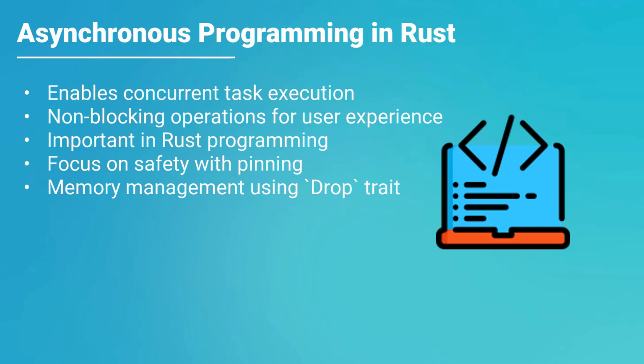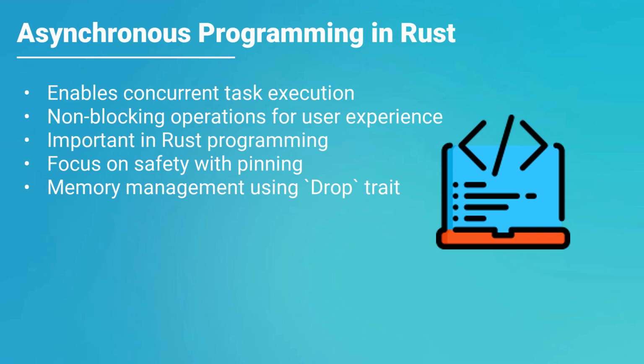Asynchronous programming is a programming paradigm that allows multiple tasks to run concurrently without blocking each other. In simpler terms, it allows a program to perform tasks, like reading files or making web requests, without making the user wait for each task to finish before starting the next one. Today we'll dive into the basics of asynchronous programming in Rust, explore its mechanisms, and understand its significance in modern